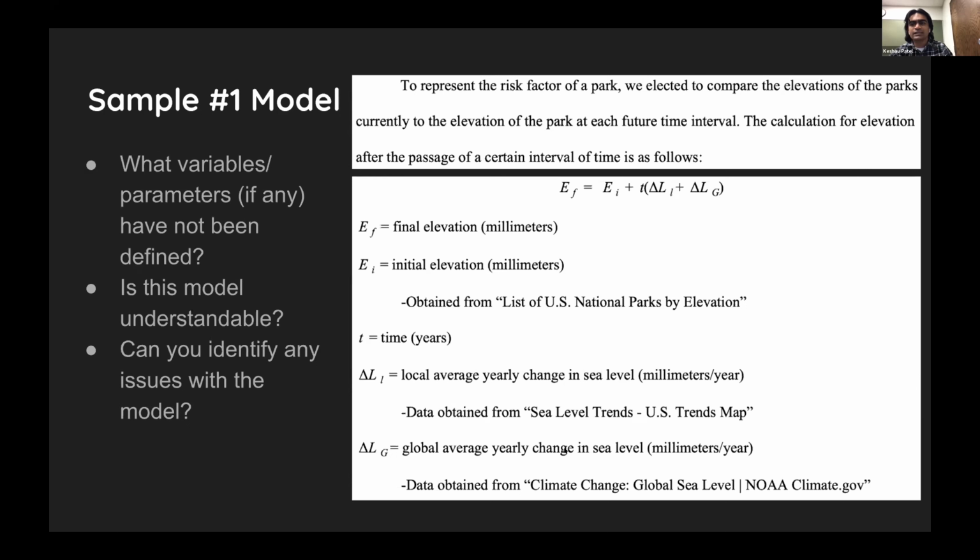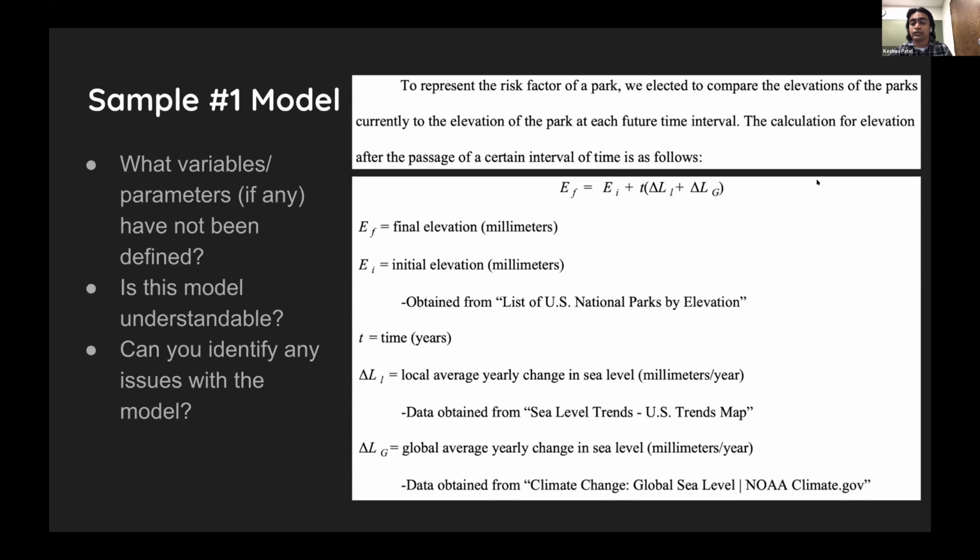So maybe this is correct if we're thinking about what Julie's thinking, and this is supposed to be sea level and not elevation. Well, no, it says elevation of the park at future time interval, right? So it's certainly the land. Somehow the land is getting taller as the sea level is rising, right? So again, 14 hours, what are you going to do, right? If they'd put a negative sign right here, I would have said, sure, whatever. I think that makes sense. But this is,